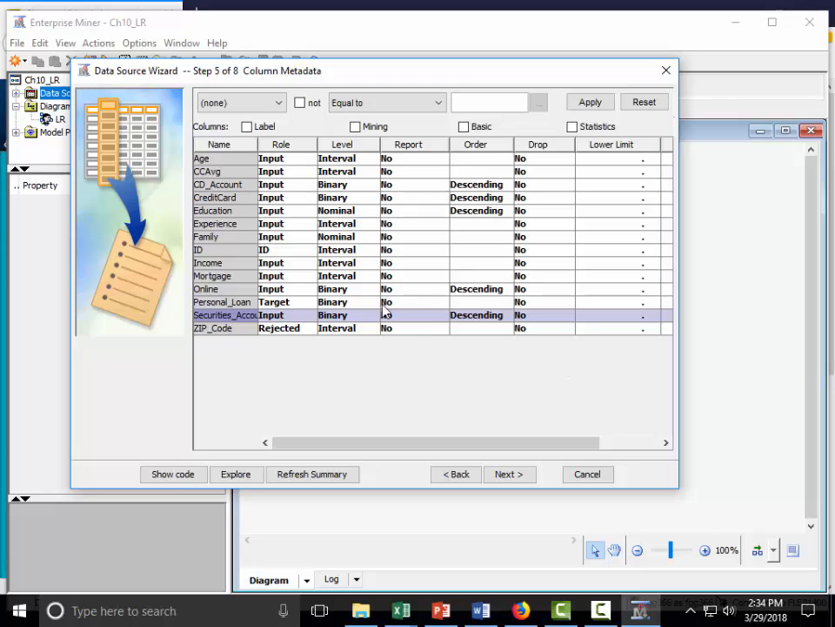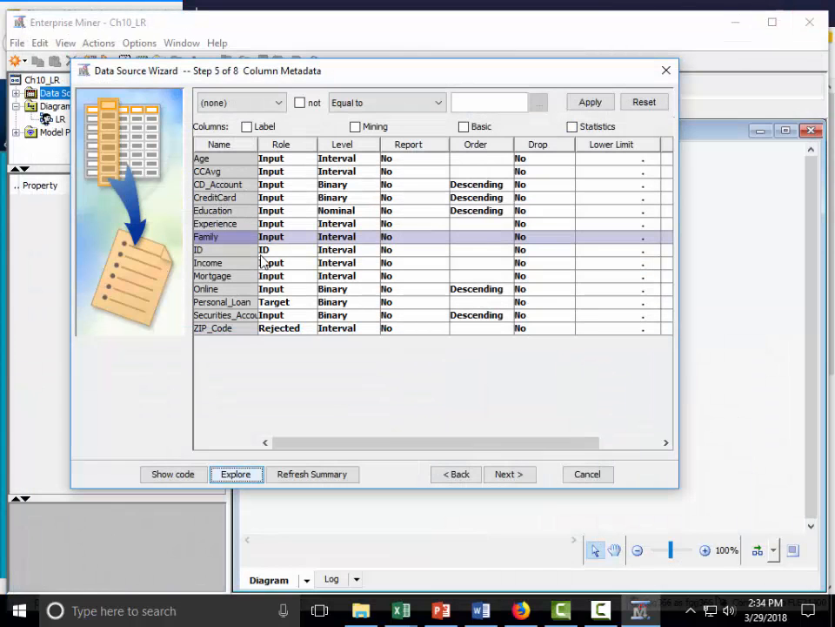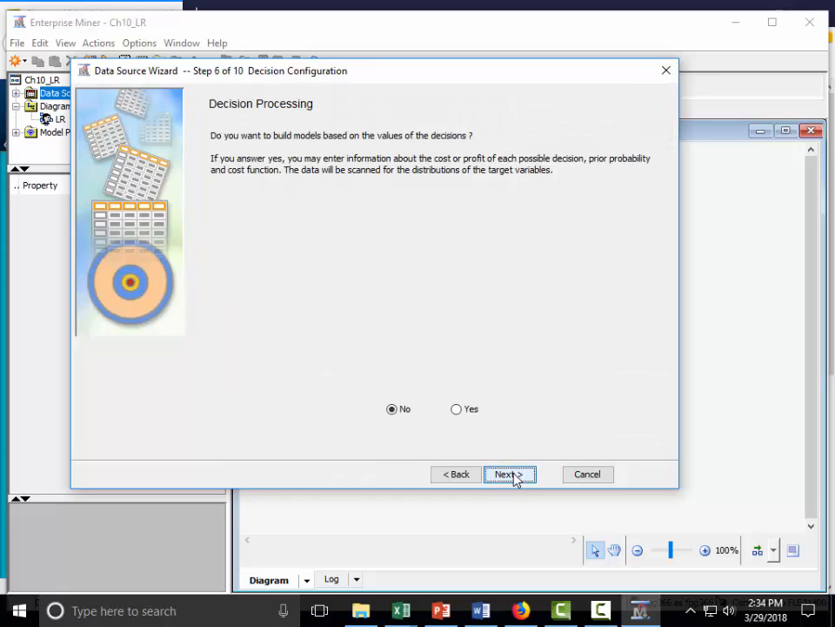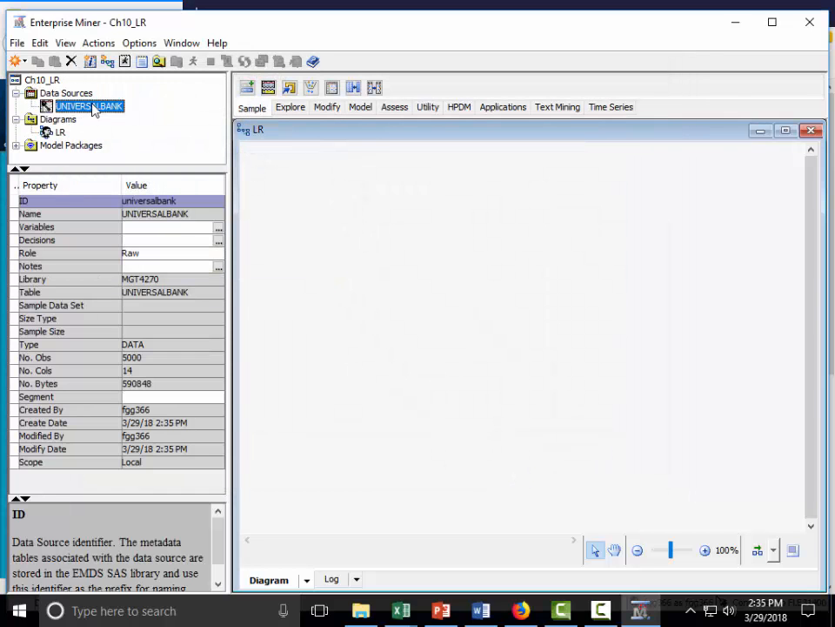Okay. So that's good, and I'm going to change family to interval. So you have a bunch of values for family, so it increases in size, so we'd be okay to have that as an interval variable. Okay. So then we're not going to do any decision processing here, but if you want to set up decision weights, then you have to click yes and then do the decision weights. That will give you the expected profit as one of the possible criteria for model selection. Okay, so bring that in,